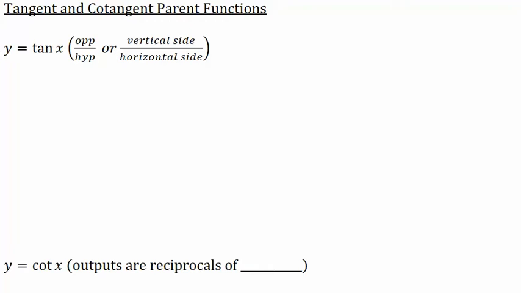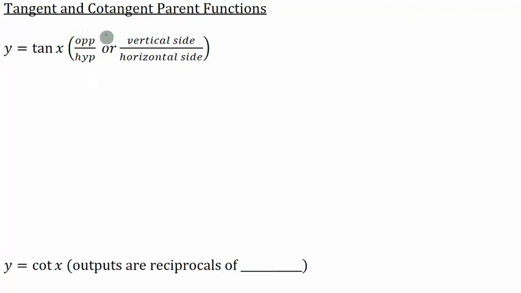I want to take a look at the tangent and cotangent parent functions. In my opinion, they are the two hardest trig functions to understand graphically, at least initially. Once you get experience, it's not too bad. But if I want to graph y equals the tangent of x, I have to consider in my angles